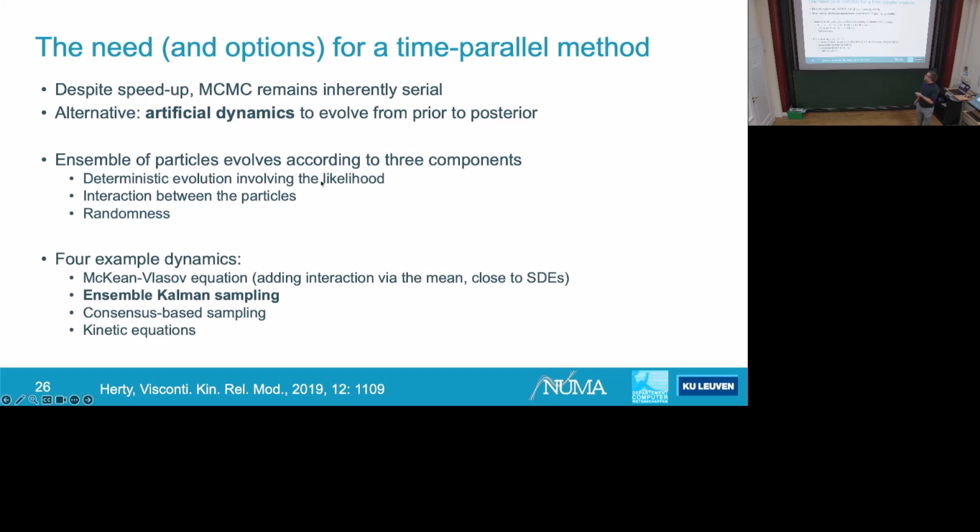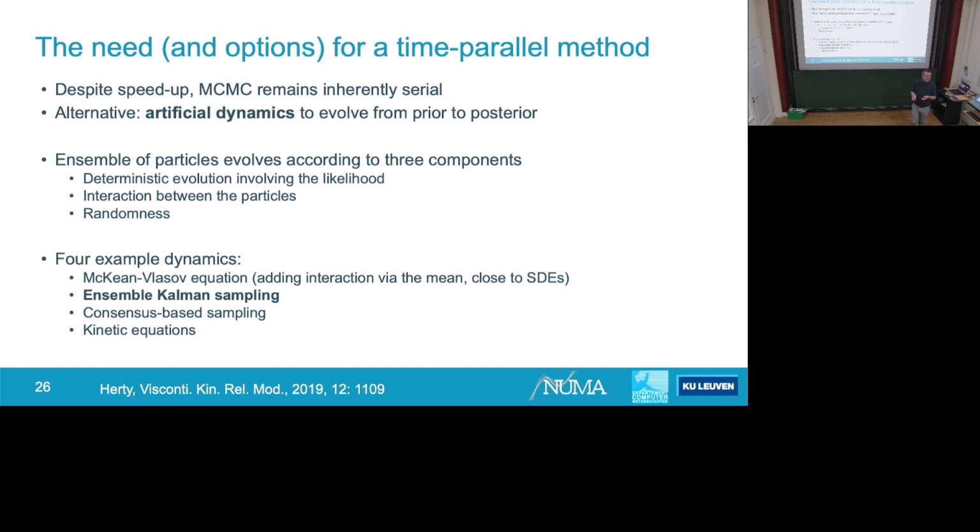You need to do a likelihood evaluation. This will give you a gradient that will tell you which direction each particle will want to go. Then you need some kind of interaction between the particles, and this depends a little bit on whether you want to optimize. If you want to find the maximum a posteriori, you somehow need all particles to converge onto the same, let's say, global optimum, or guess of the global optimum. And the way that you do that is that particles basically contact each other and say, look where I am, this is better, come here.